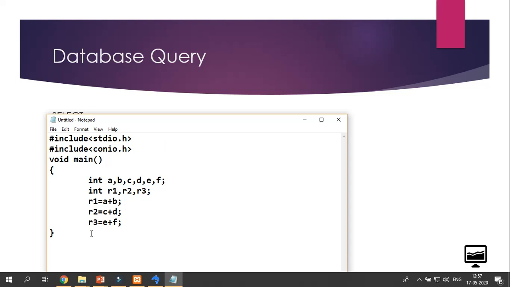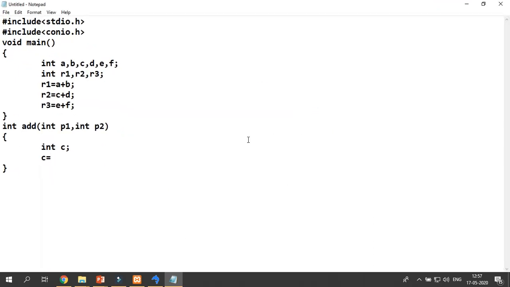You just have to create one function of addition. Integer add, integer parameter 1, integer parameter 2. Then integer c is equal to p1 plus p2, then return c.